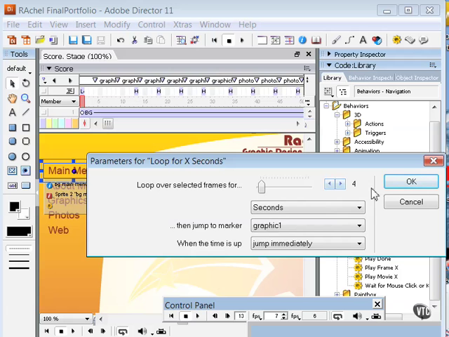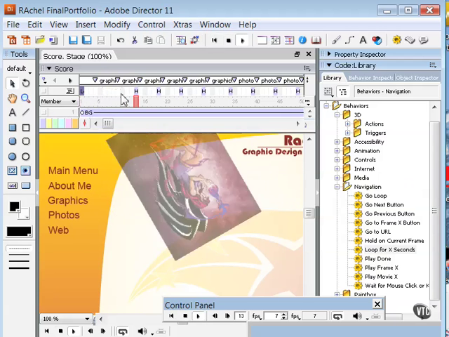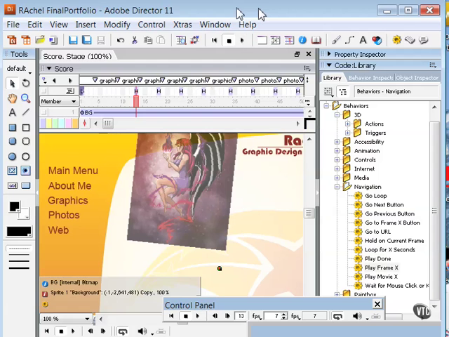So I'm going to hold on there for 4 seconds, and then I'm going to jump to the next marker, graphic 1. So let's go ahead and test that behavior. Should stay there for 4 seconds and then jump to this next marker, and it did. There's not a hold frame on that marker, so it went ahead to frame 13 where my next hold frame is. Let me close out this movie with a description of two related behaviors,